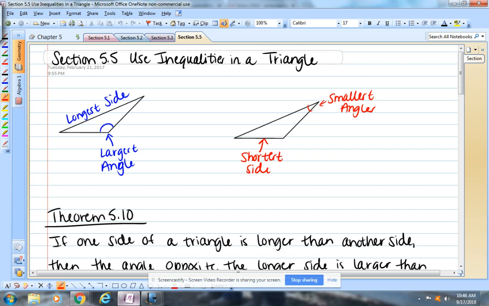Okay, so in section 5.5, we're going to talk about inequalities in a triangle. All right, so we know a triangle has 3 angles and 3 sides. Something we're going to add to what we know about triangles today is that the largest angle